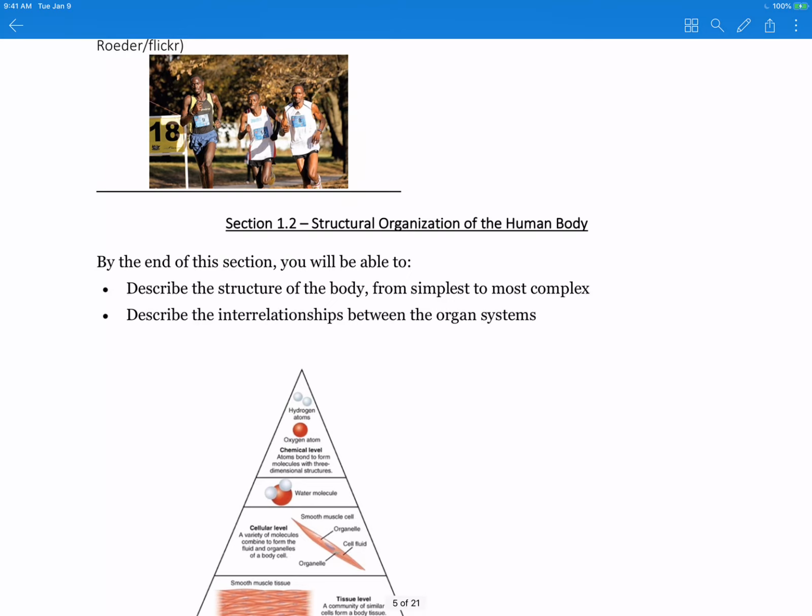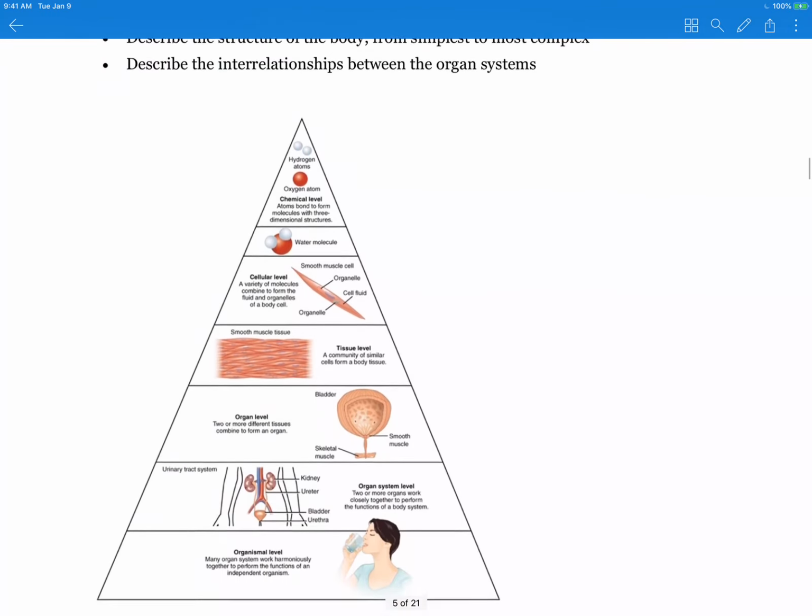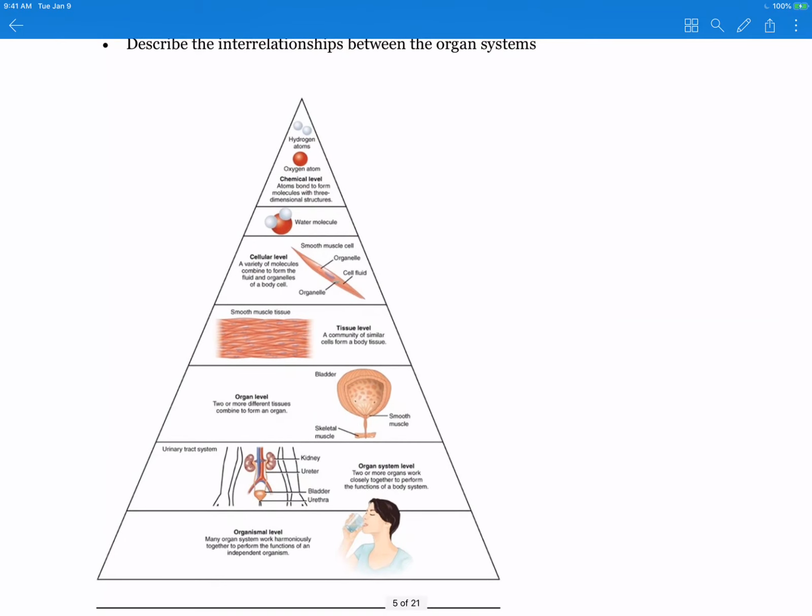Section 1.2 is about the structural organization of the human body. And we think of these different levels of organization based on how complex they are. We start off with the simplest level and we move to the most complex. So if we start off at the chemical level,